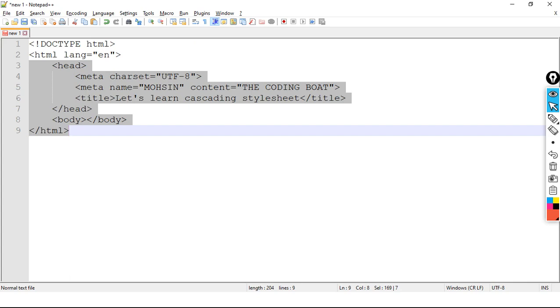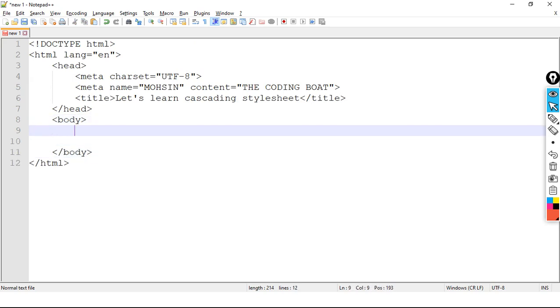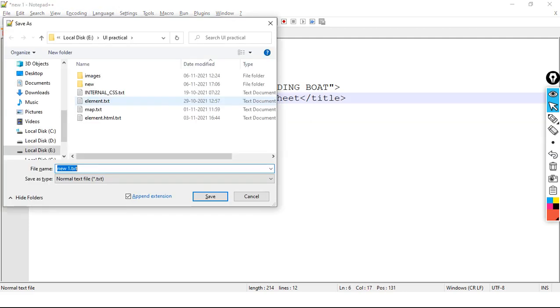Now let's take one heading in the body. Before that, let's see the output of the current code. Let's save the code with the name let's learn css.html.